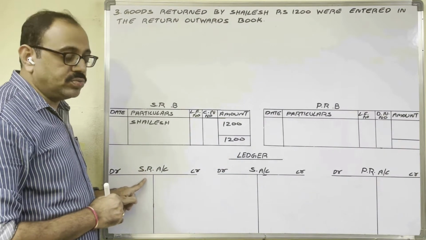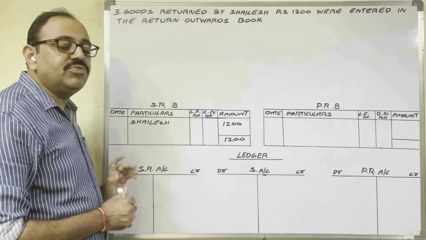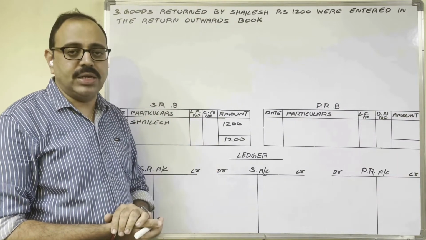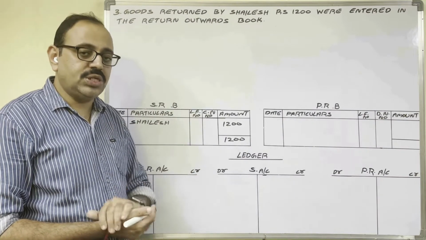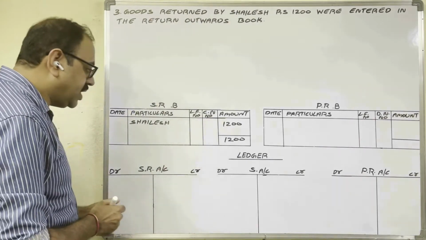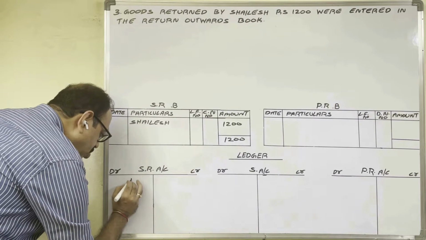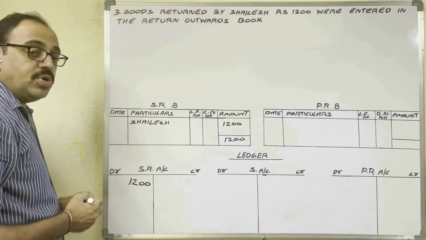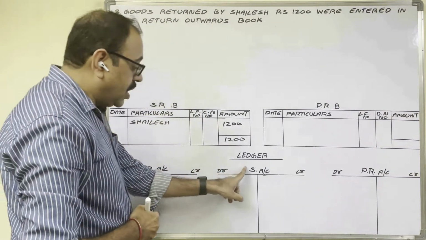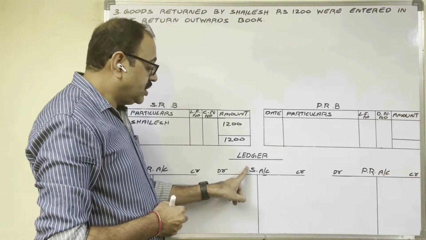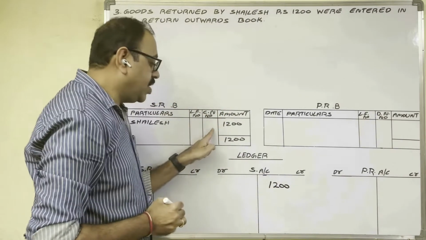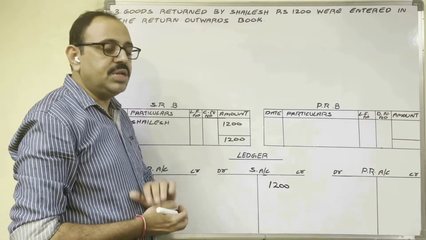In the sales returns account, this total on the debit side we should post, because sale is an income. Income shows a credit balance. Sales returns is opposite to sale. Therefore, the sales returns account shows a debit balance. So on the debit side, this total we should write. To sundries as per sales returns book 1200 rupees. As we debited the sales returns account, the customer's account we should credit. So Shailesh's account should be credited with 1200 rupees. Correct recording, correct posting. Now observe the mistake.